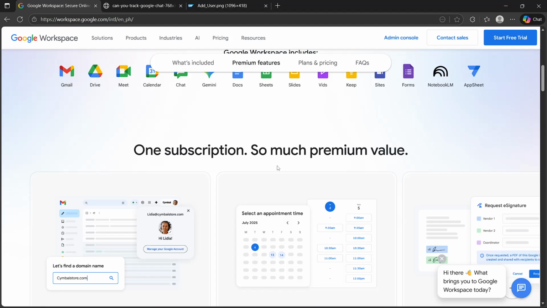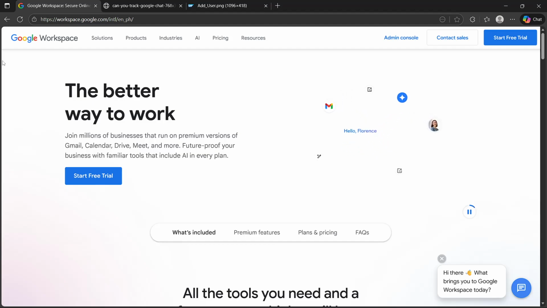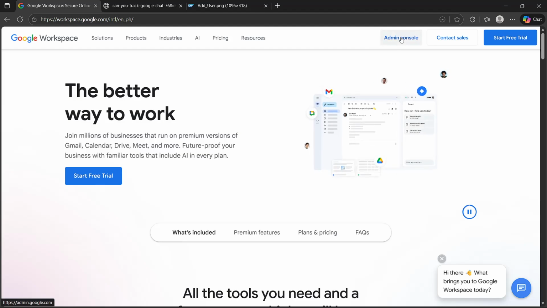In this video, I'll give you a quick guide on how you can set up new Google Workspace users and business emails. So the first thing that you will have to do is, of course, make sure that you already have a plan on Google Workspace so that you would be able to have the full access and to have all of its features. So what you will have to do after logging in is you will click Admin Console,